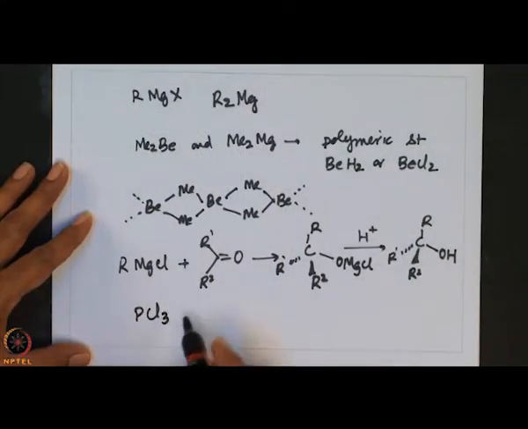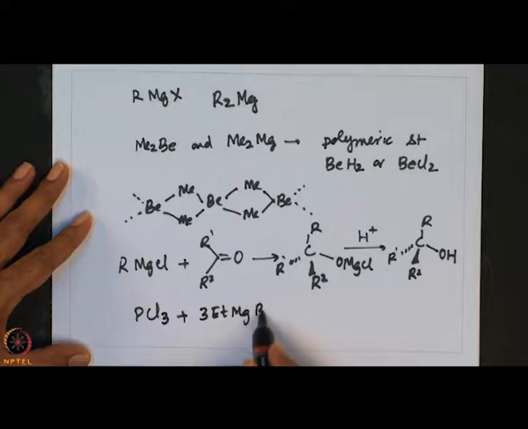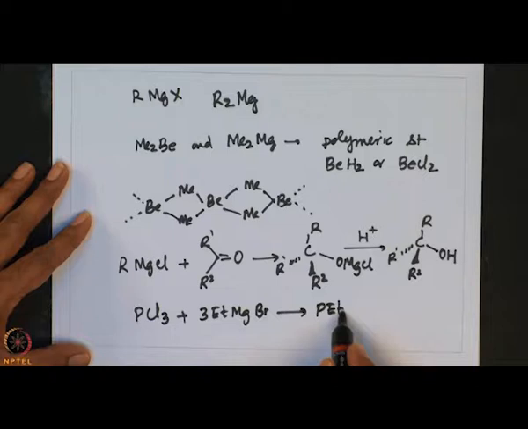Similarly, one can also use it in reactions such as, for example, if we take PCl3 and treat PCl3 with 3 equivalents of ethyl magnesium bromide, one can conveniently make triethylphosphine, of course, plus 3 equivalents of MgBrCl will be formed. So, this is how one can utilize in making main group elements to carbon bond, either employing Grignard reagent or lithium reagent.